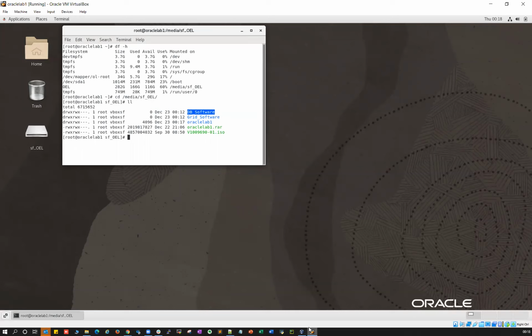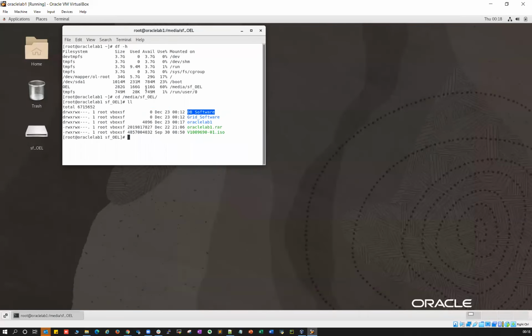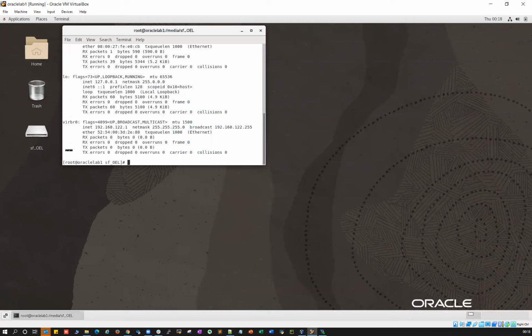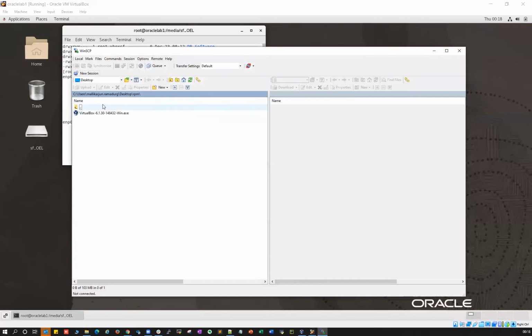So if this is one of the ways, you can directly use this shared folder use case, and then you can directly mount whatever software is available in your C drive or D drive inside a VM. If not, then usually you can use WinSCP, and then you can connect to this IP address. Just run ifconfig on this particular machine. Just do ifconfig, and you will get this particular IP address, and take that IP address and use it in your WinSCP,